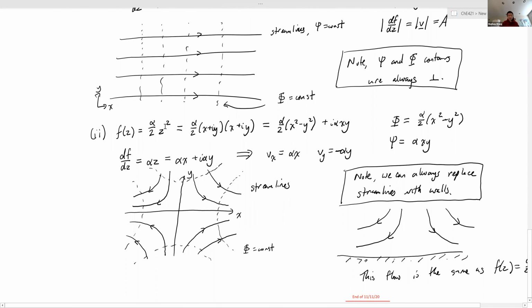We also looked at f of z equals z squared times some constant in front, right? And that gave us this sort of hyperbolic flow. You can also think about this as an extensional flow, like things coming in from both sides and then going out in that regard. And then the other thing that we noted is that when we're talking about inviscid flows, we don't care about the no slip condition. And so if you have streamlines, you can replace those with actual walls, right? Because you don't have to worry about any sort of shear that happens near the wall. And so then basically this sort of flow actually looks exactly the same as a stagnation point flow, if that